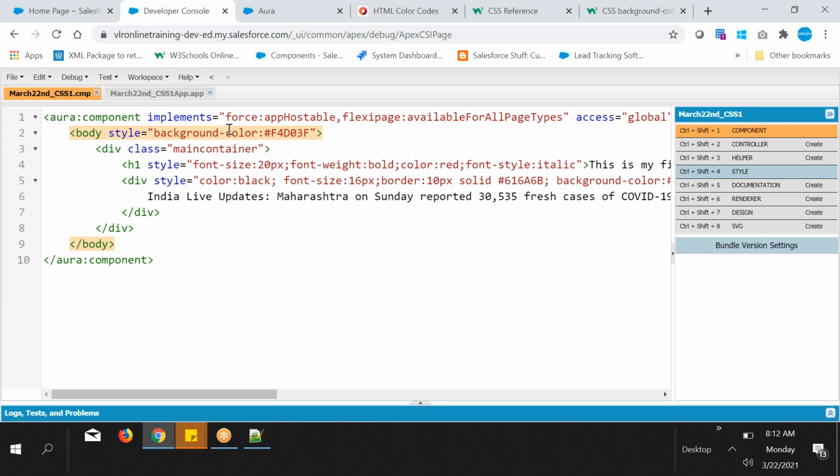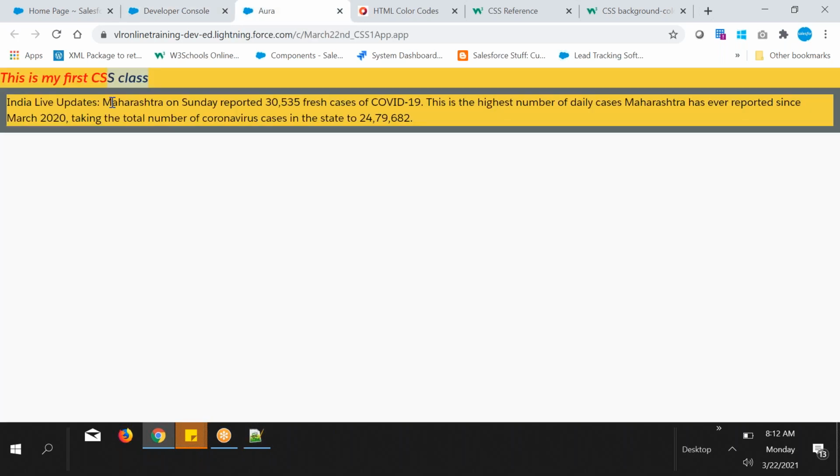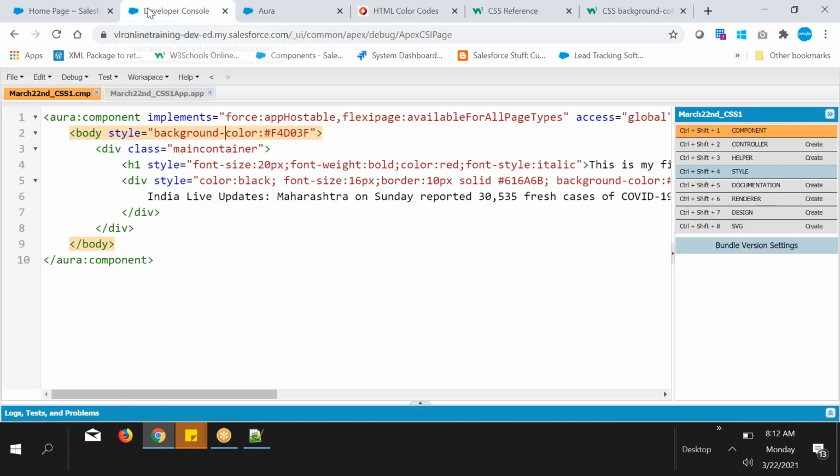That I will tell you, height and width. So at that time we will learn. Okay, so the background color is like this color, and you can make it 100% width also. So within the next property we will see how you can do that. Okay, let's keep it like that. We will see this one.